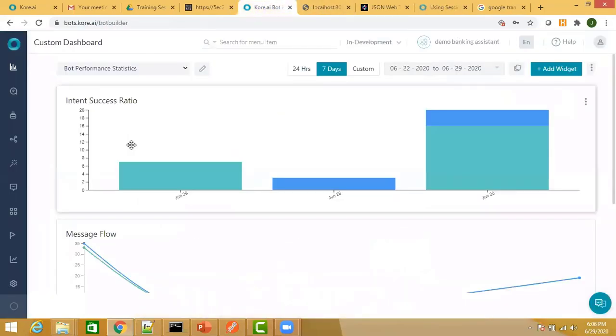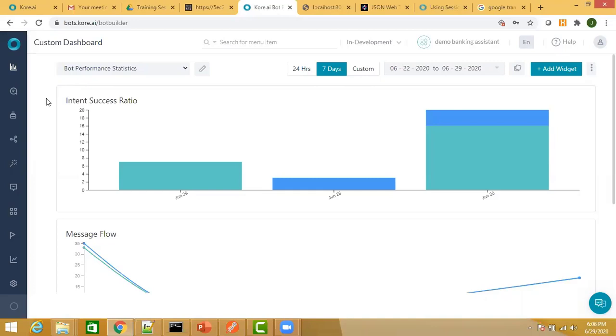One question from the dashboard. Can we trigger an alert based on the data? Let's say the failed intent ratio goes beyond a certain threshold. Can we trigger an alert? You cannot trigger a dialog task or an alert task from your custom dashboard. Here you can only represent some data which is tracked by our analytics.